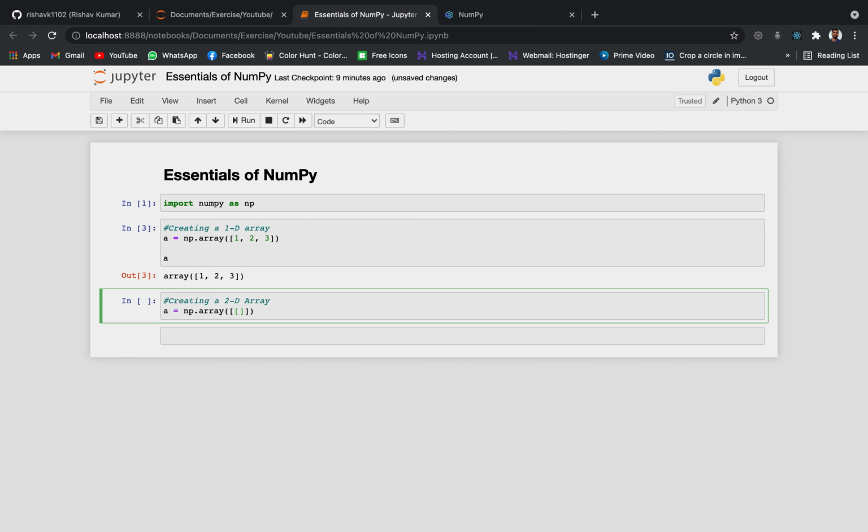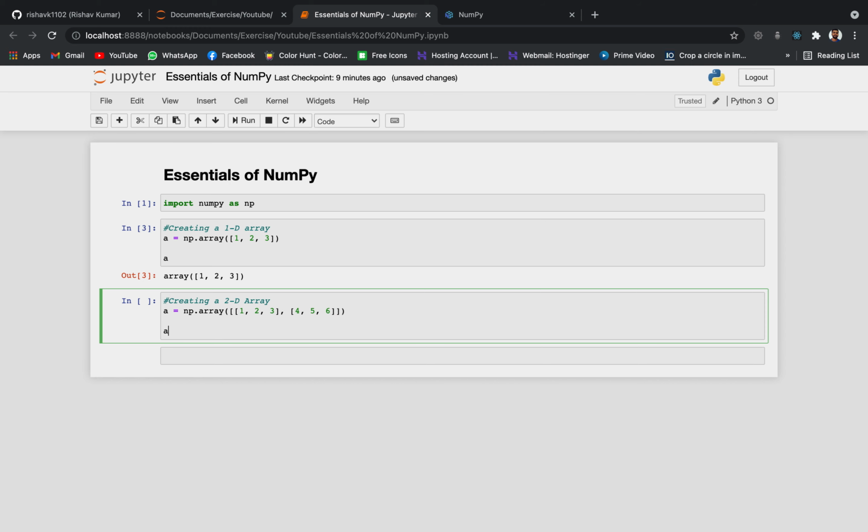Okay, and then over here we give the values for the first row. So I'm gonna give 1 2 and 3. And then after that we give a comma and then open a separate list, and that is gonna be the second row. So let's say this has values 4 5 and 6. Now if you want more rows than that, then you can simply give a comma and keep on adding.